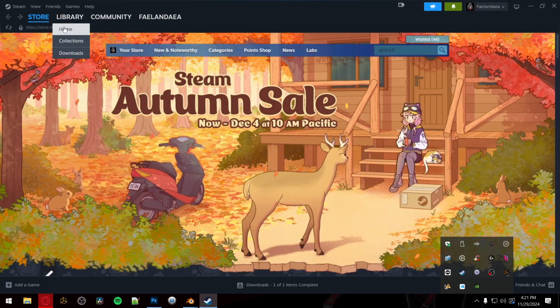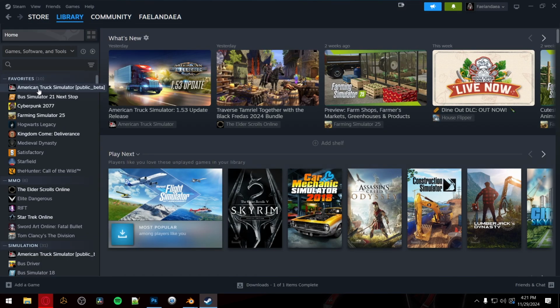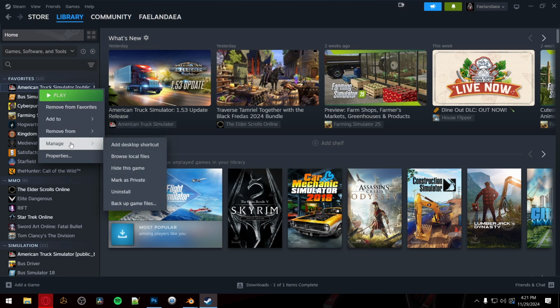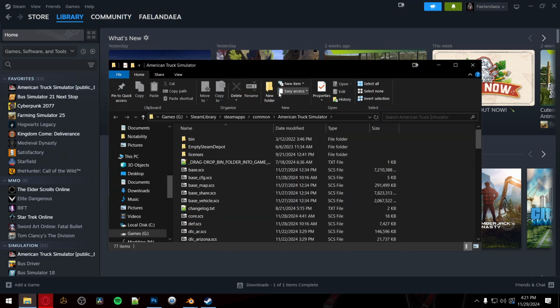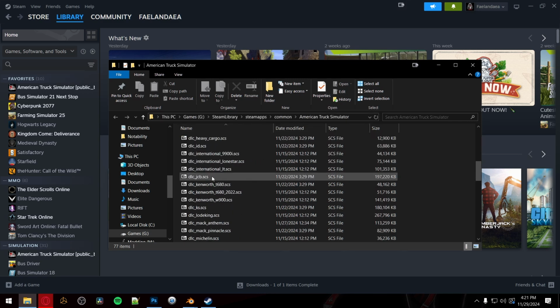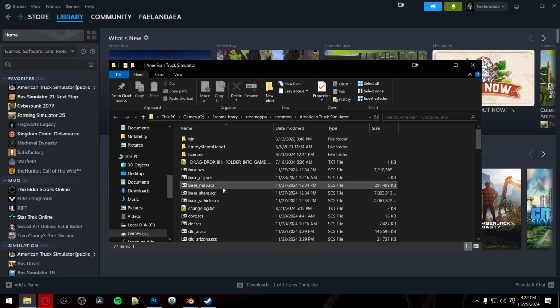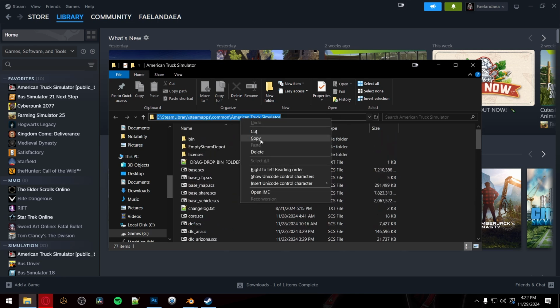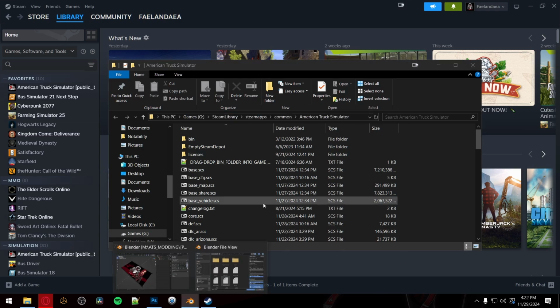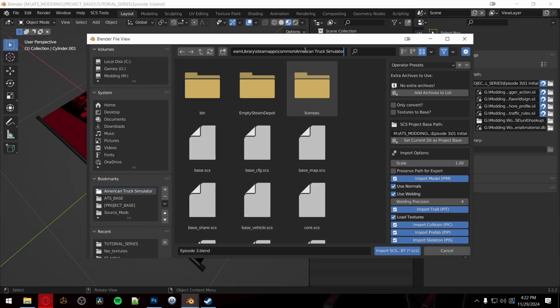I'm going to open up my Steam here. I'm going to go to my library. And here's a quick way to find out where your game is installed. I'm going to right click on American Truck Simulator and go to Manage. All right, Manage. And then I'm going to select Browse Local Files. Here it is. It pops right up. In my case, I have it on a games drive. I don't use the default install directory because I put my games on a separate drive. You'll see base, DLC, and all kinds of SCS files in here. I'll just go ahead and copy. I'll select it, right click and copy the path, and you can come right here to Blender and paste it